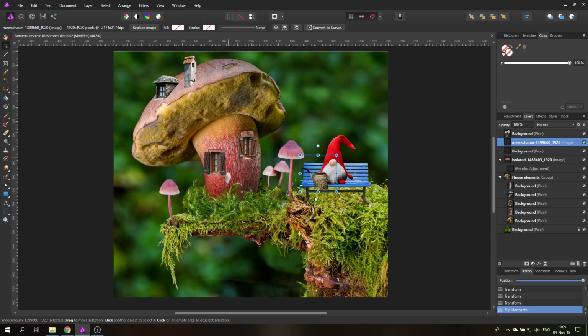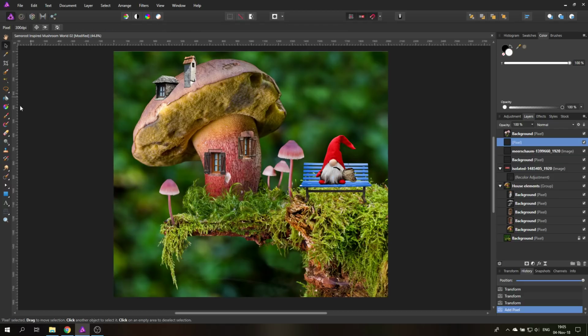So there we go. Flip this to the other side. So now this is over here. Maybe we rotate it a little bit, bring it a bit up. There we go. And the next thing I will do is create a pixel layer on top of that and